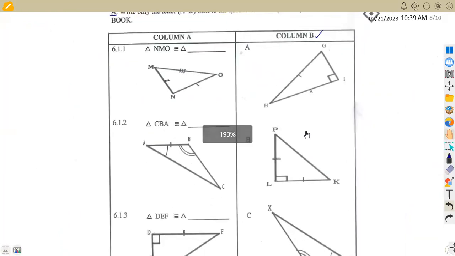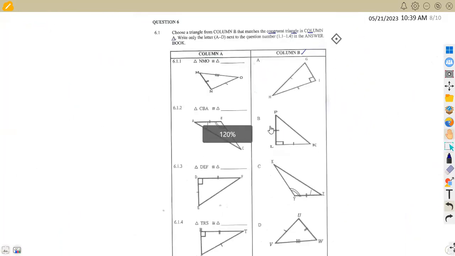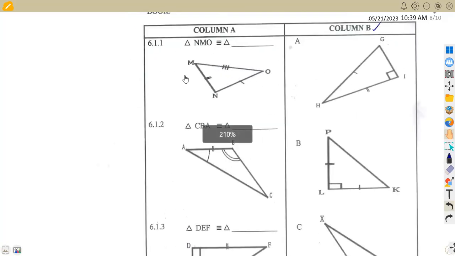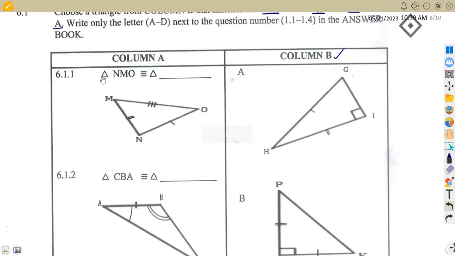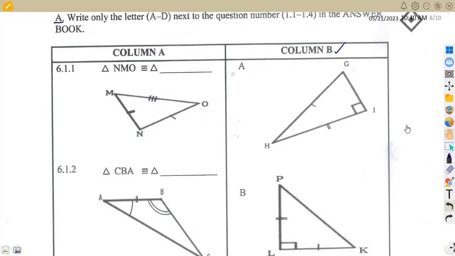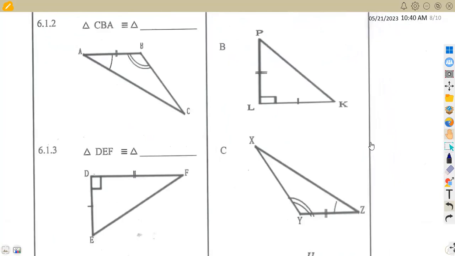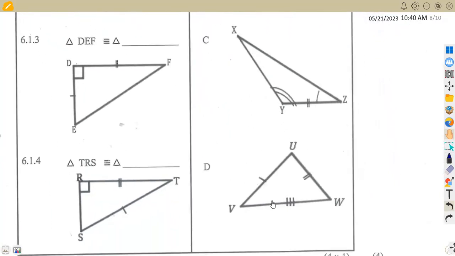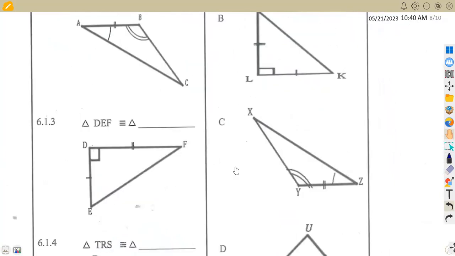We've got these triangles. So the first part, 6.1.1, we are given this triangle on column A, triangle NEMO. This triangle is congruent to which triangle? Remember, congruence is all about being the same. You look for the same triangle like this, NEMO. So let's look for a triangle like this in column B. So we are supposed to be thinking about this one, which is the last one,